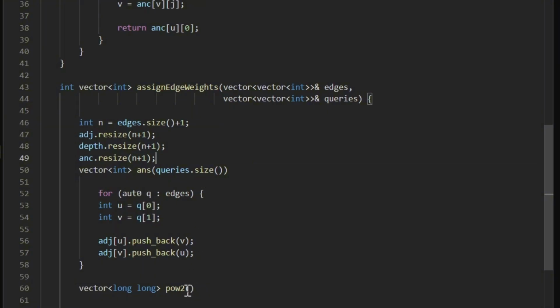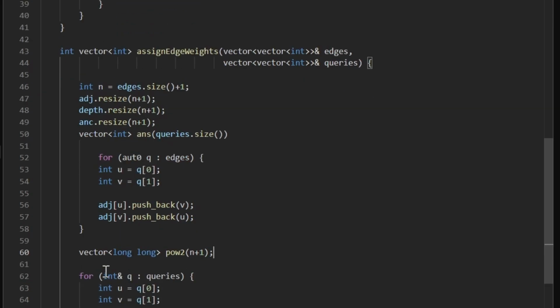And now power of 2 to n plus 1. Basically it is a vector where the first index contains 2 to the power 0, the second index contains 2 to the power 1, the third index contains 2 to the power 2, and so on. And how we are going to do that is